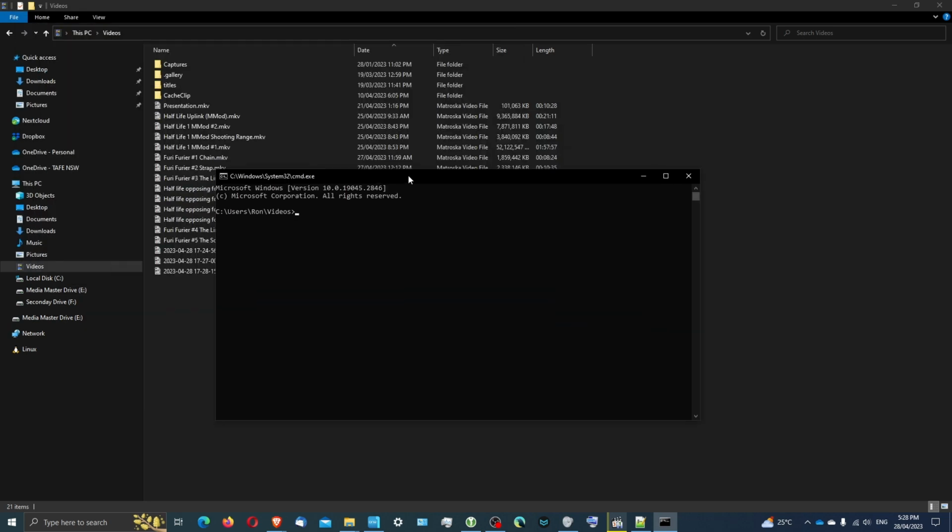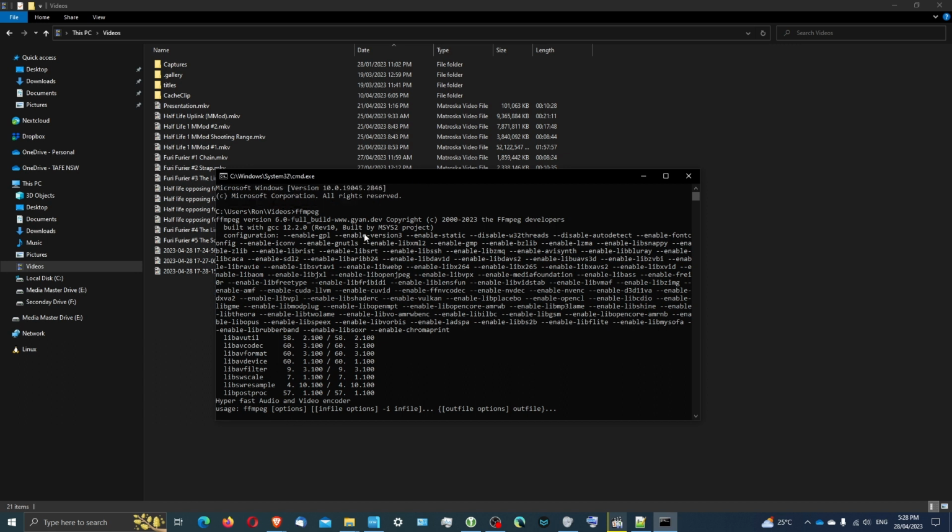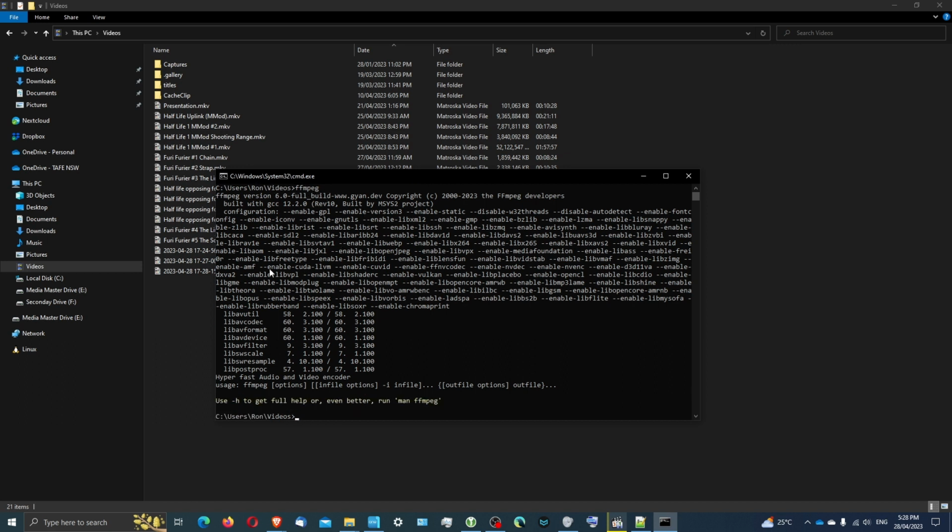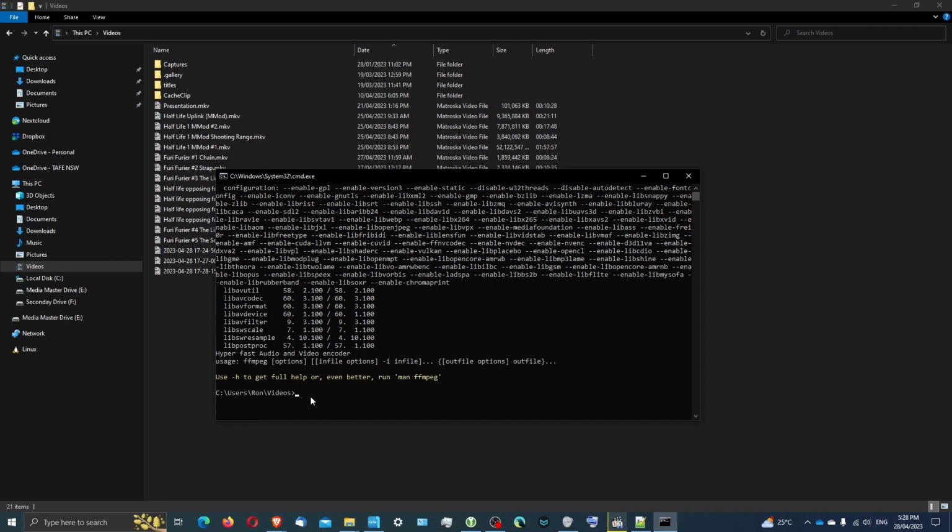Once you get that installed, you can confirm that it works by typing FFmpeg in your command line. It should show some output like this. Second thing you'll need